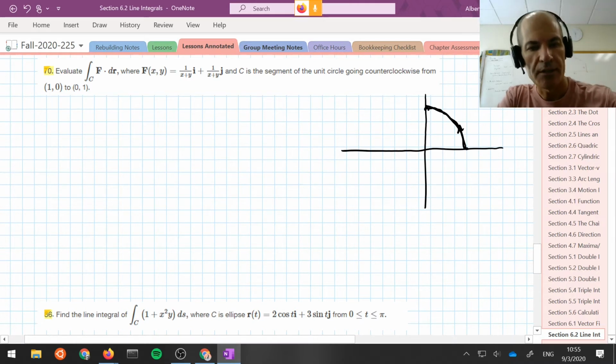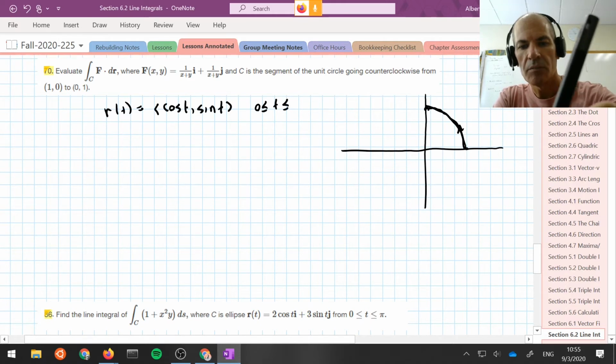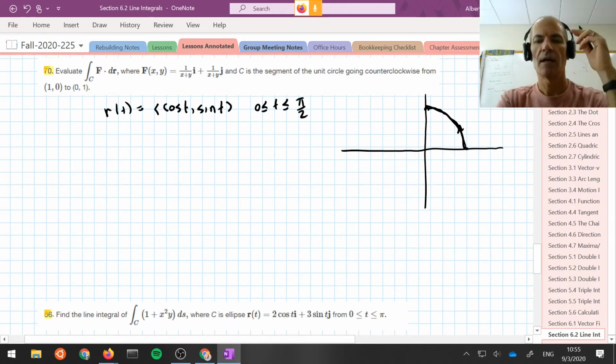We need to parameterize that curve, so we'll write it r of t. And this is just the unit circle, so it's cosine of t, sine of t. And the parameter range that traces out this quarter circle is t between 0 and pi over 2, and it's